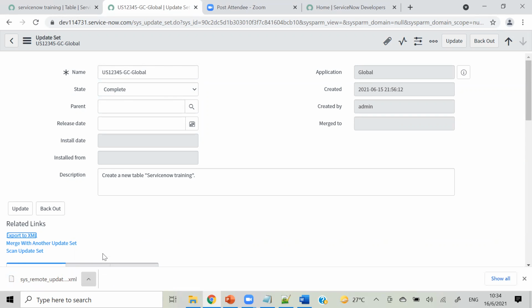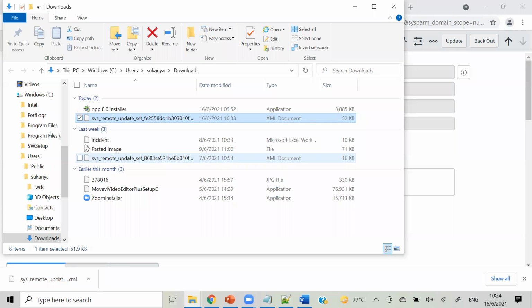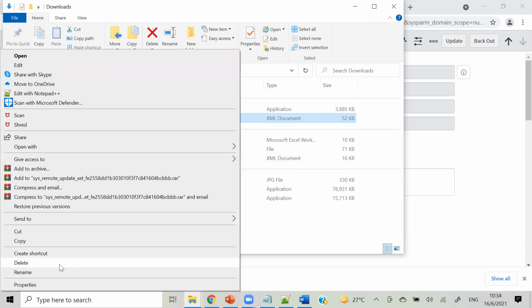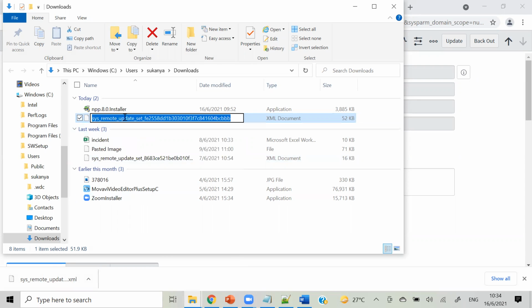I am opening that in my systems folder. So this is how it will get captured. And I am renaming it because I want to understand. You can see this is some other name, some digits, which I can't understand. If I have 10 update sets, I can't find the difference between them. So I am renaming that again, and this is a practice we follow in real time also. Okay. So this is my update set, which I have downloaded in my system.